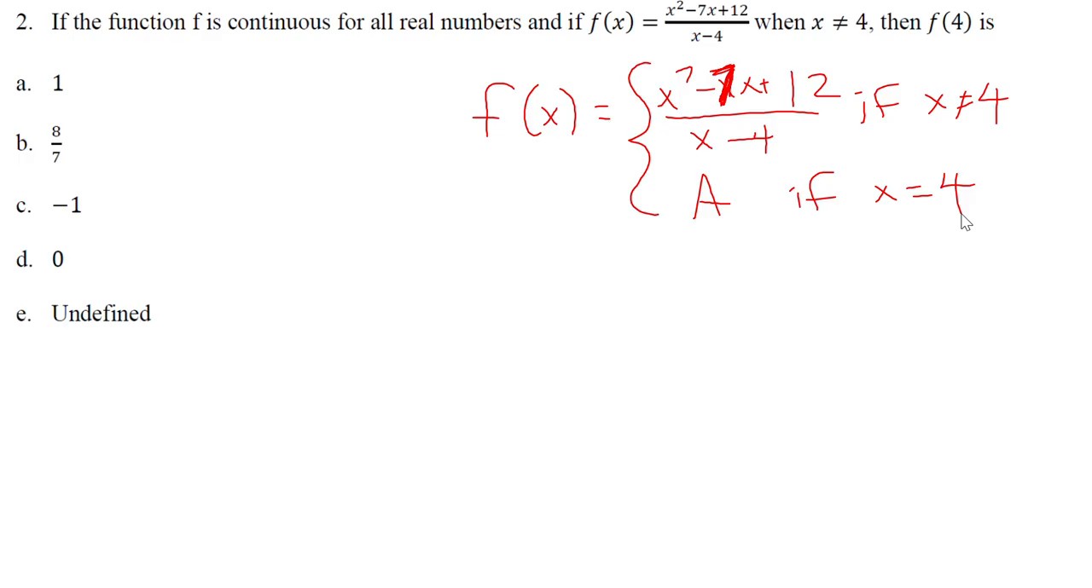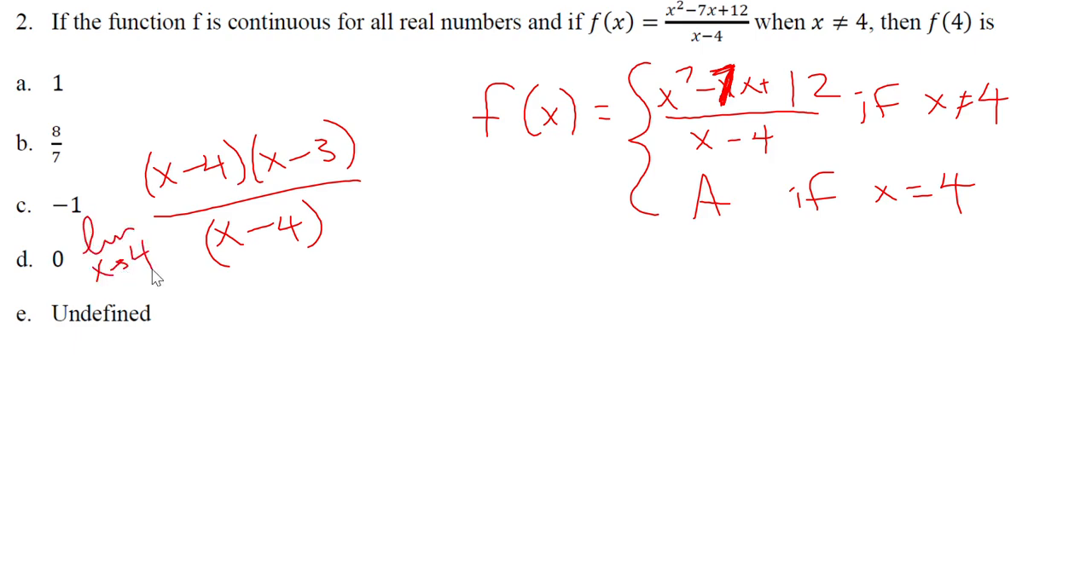Well, we know that this function here that we're looking at is certainly going to have a hole, right, a removable discontinuity at x equals 4 because we can factor it into x minus 4 times x minus 3 over x minus 4 and see that the x minus 4s are going to cancel. And in fact, we should do this as a limit. We'll say the limit as x approaches 4 of f of x is this. The x minus 4s cancel. This gives us the limit as x approaches 4 of x minus 3, which is 4 minus 3, which is,